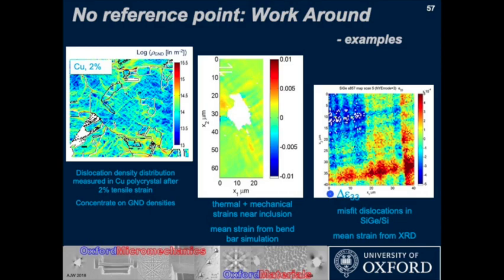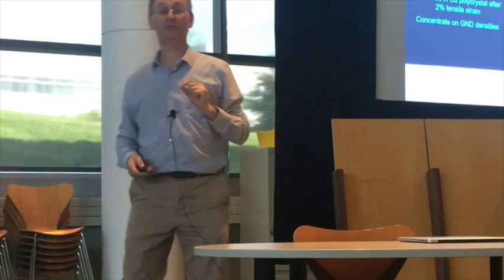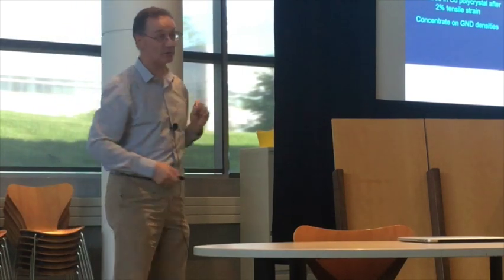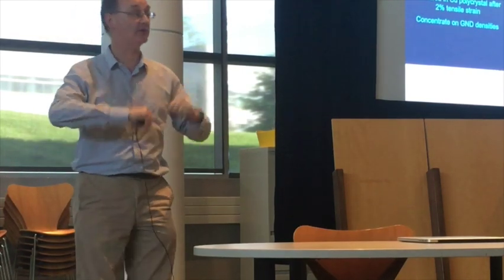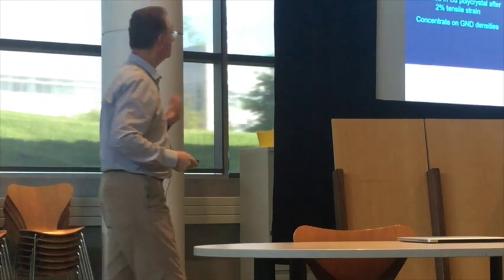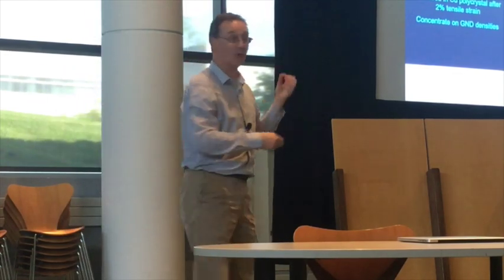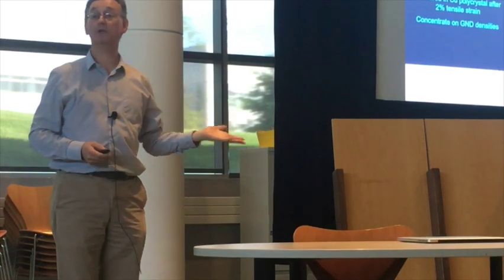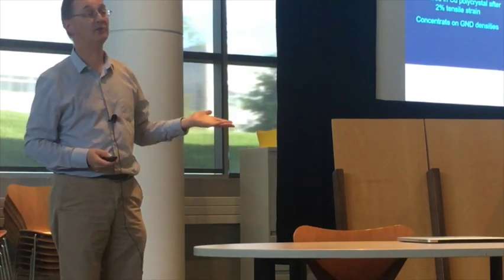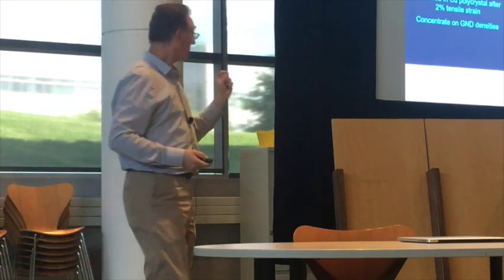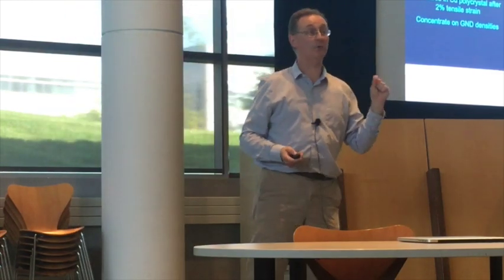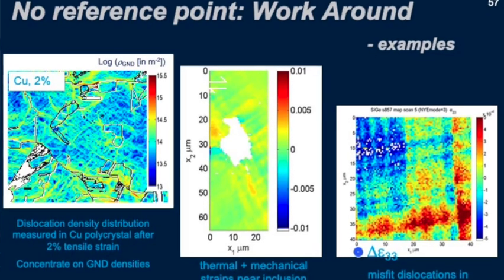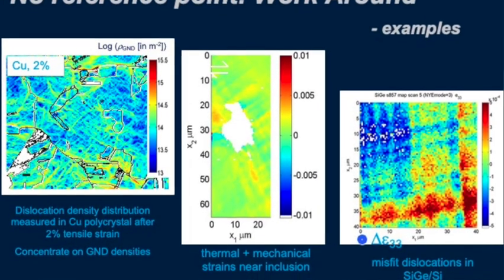You can make comparisons to simulations, so you can do a deformation experiment. Here again, this was looking at the inclusion problem in a superalloy, but imposing some mechanical load over the top. And then we don't know anywhere in that map what the strain is from the measurements. But we can do a simulation. We can do a crystal plasticity simulation and learn what we expect the mean, the field within this whole patch to be, and superimpose that on as